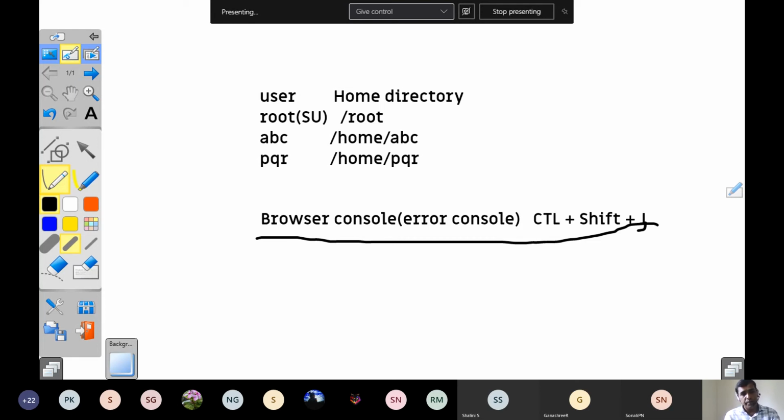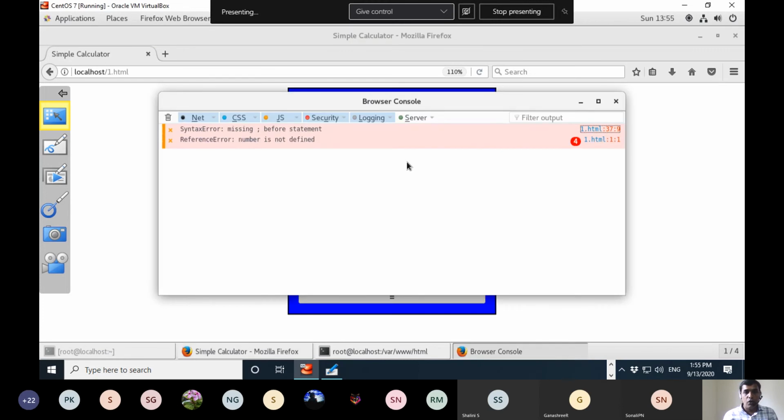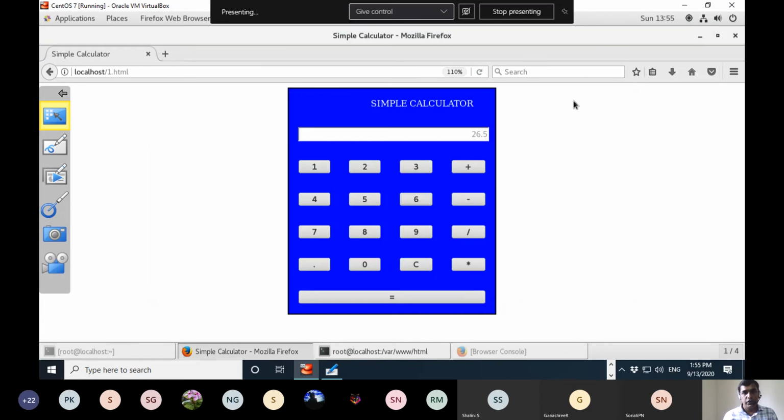Okay. So this is the important point. Any JavaScript errors are found using Control Shift J. That means you should press Control, Shift, then J. All three keys should be pressed simultaneously. Then the browser console will open. And if you have more errors from a previous program, you can delete the errors and rerun the program in your browser. Then the actual errors for your program are displayed. So hope you got it. This is how you can see JavaScript errors in the browser console, which is Control Shift J.